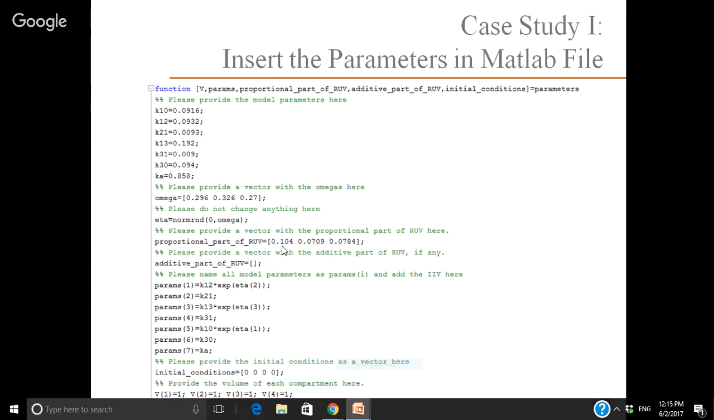If you do, you then insert here the residual unexplained variability of your model. Here you define your parameters with their IIVs, with their omegas. So for example, for parameter 1, you will have K12 times an exponential of eta 2, which is the omega 2 here. And then you provide the initial conditions